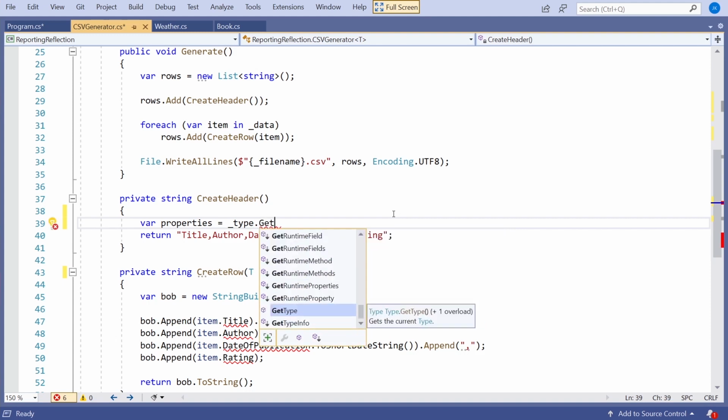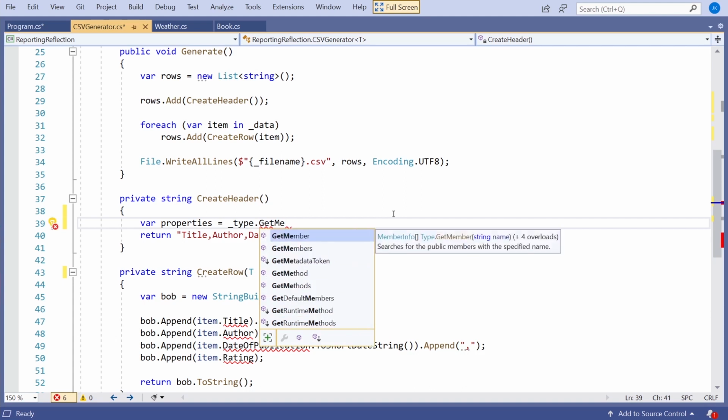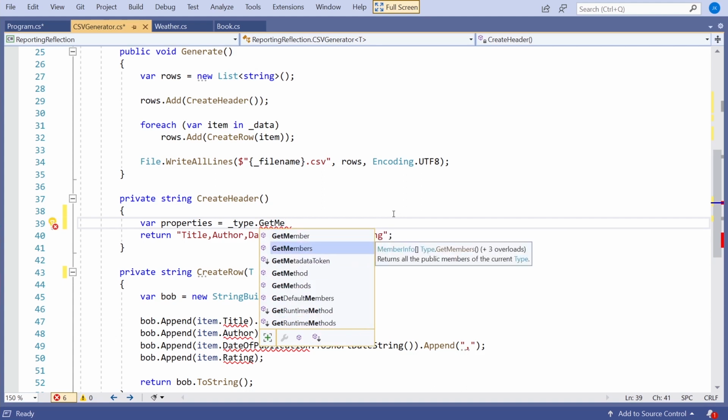We've got one, for example, called GetMembers, and what that will give us is every member of any category whatsoever. So it'll give us the methods, the fields, the properties, and so on and so forth. Absolutely everything. And sometimes you might want that, but we're just interested in properties. So the idea of our reporting tool is we are only going to report public properties. So even if it's got fields which are there with data, we're not going to use those. We're just going to go for public properties. Could have done it differently, but that's why we're going to do it.